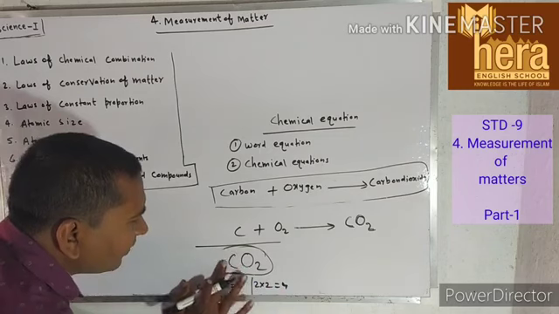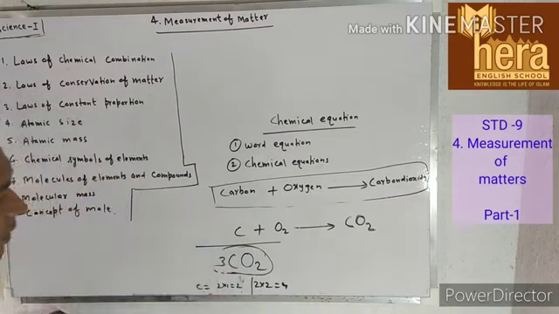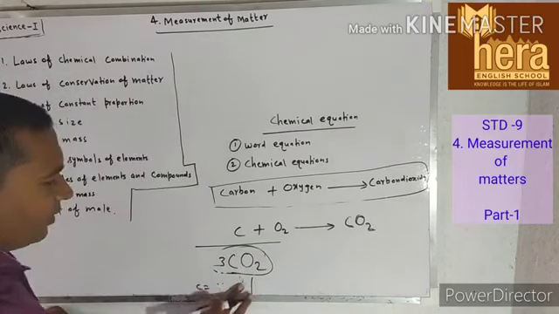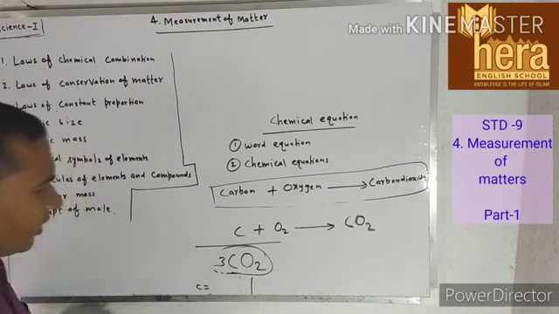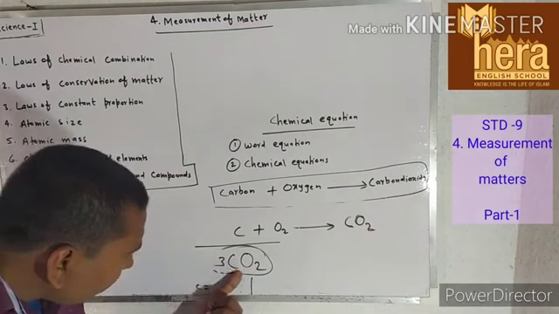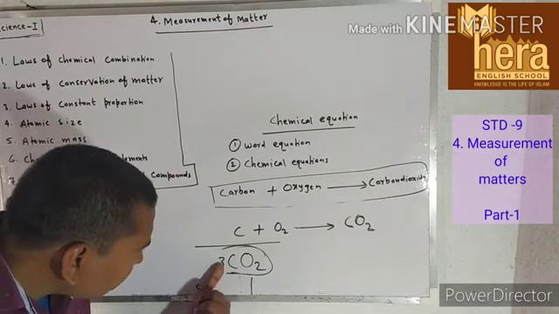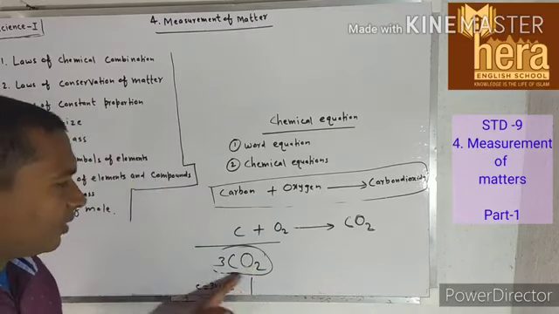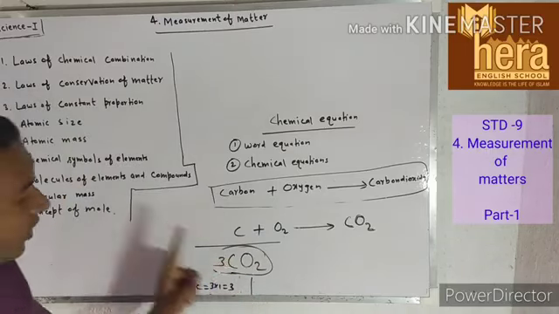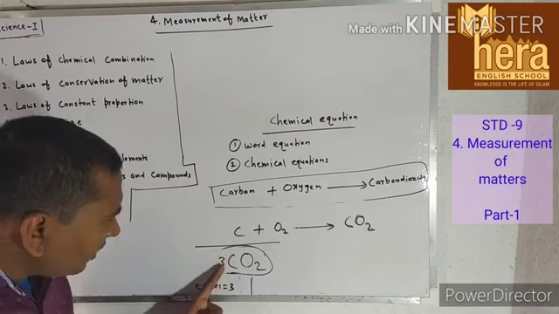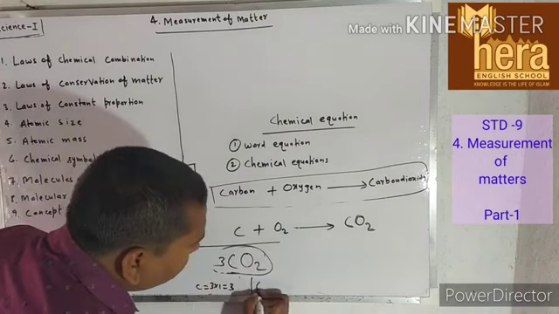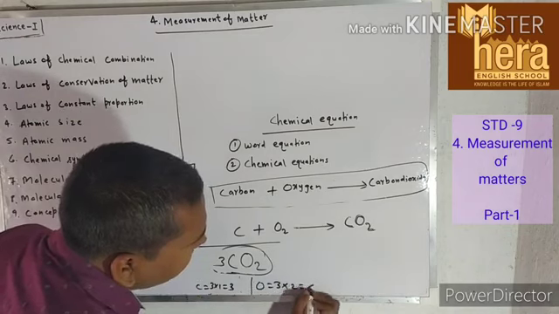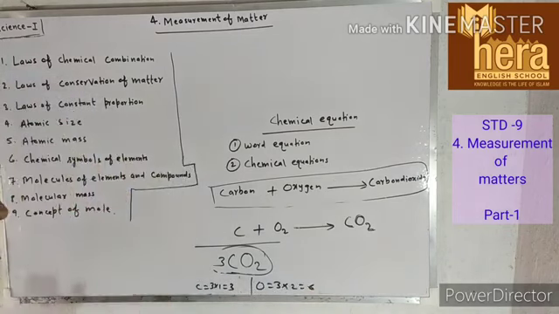Simply if I say this is 3, now tell how many carbon atoms are there and how many oxygen atoms are there. So carbon atom, see here is 1. 1 into 3 or 3 into 1. So in this case 3 into 1, that is 3 carbon atoms are present in these molecules. How many oxygen atoms are there? Here is 2, here is 3. Always multiplication. So the number of oxygen atoms is equal to 3 into 2, that is 6. Understood?